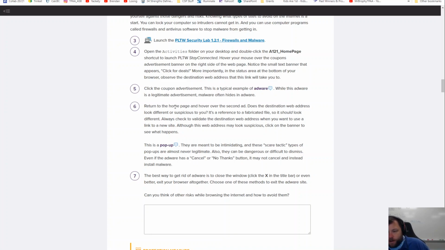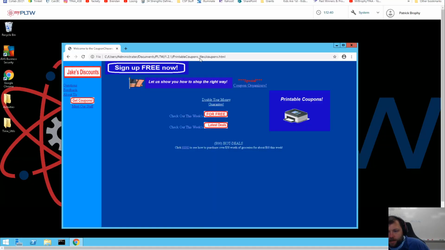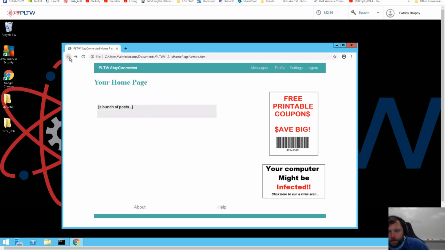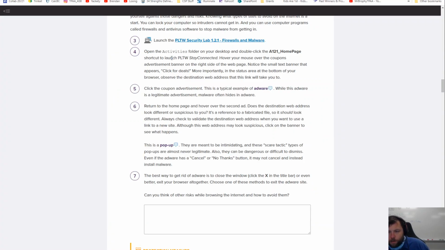Return to the home page and hover over the second ad. Okay, so we go back. And hover over this second ad. Notice the location of these things. So this was on C Users Administrator. If you click on a website, usually it should be a website, but this is a local file. And it says, notice for the second one,